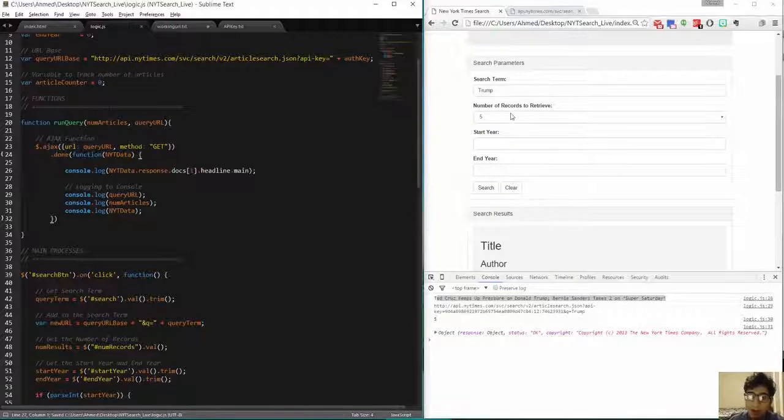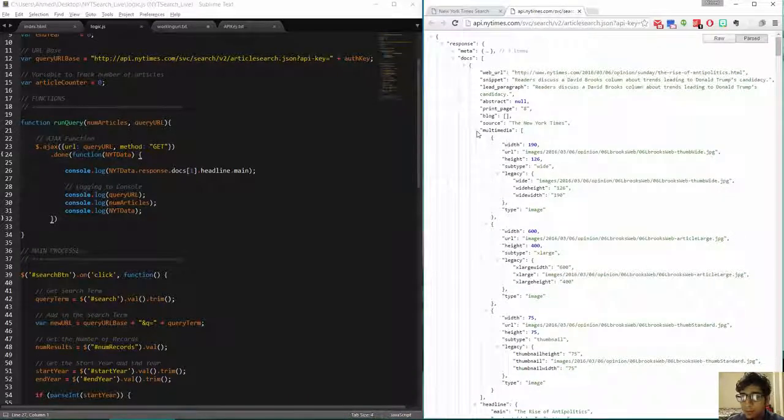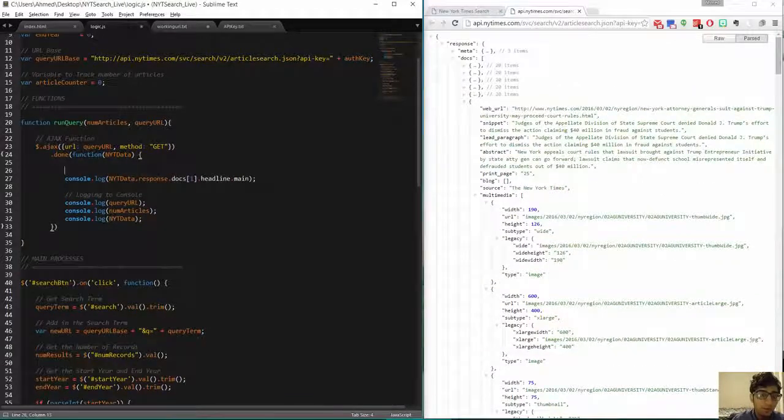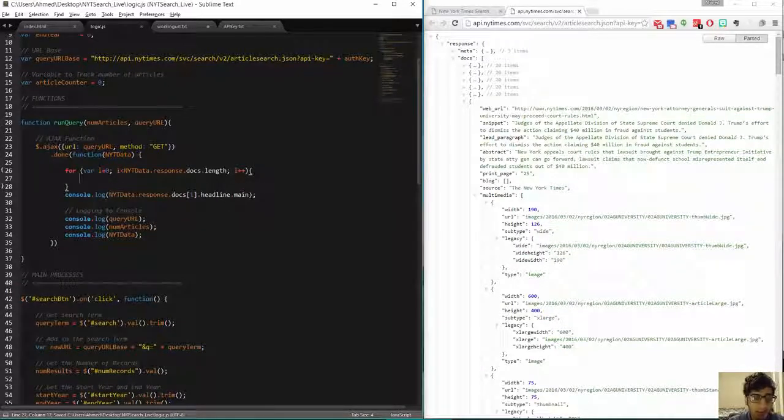Now, if we wanted to log, let's say, 10 different headlines, the way we'd have to do that is to take the number of articles and loop through each of the docs that was in here. So we have to create a for loop. So here we're going to do for int var i equals 0, i is less than NYT data dot response dot docs dot length. So essentially, give me less than the length of all the documents retrieved, and then I'm going to say i++, and we're going to say console.log